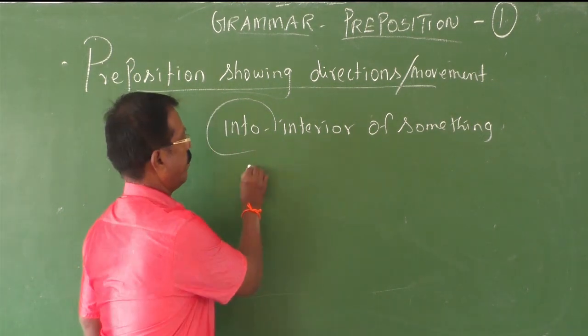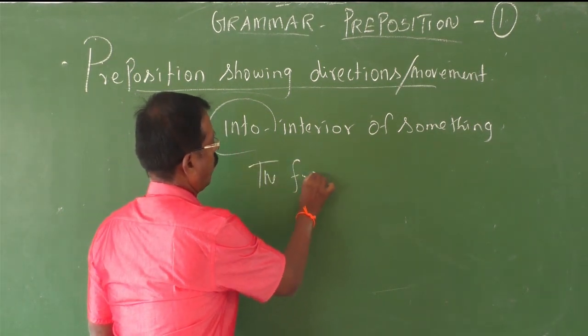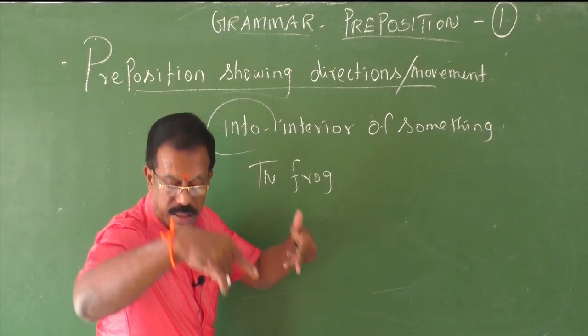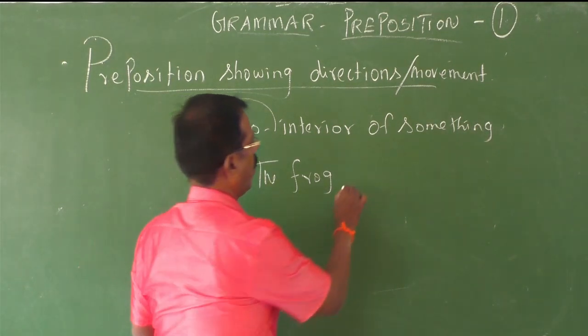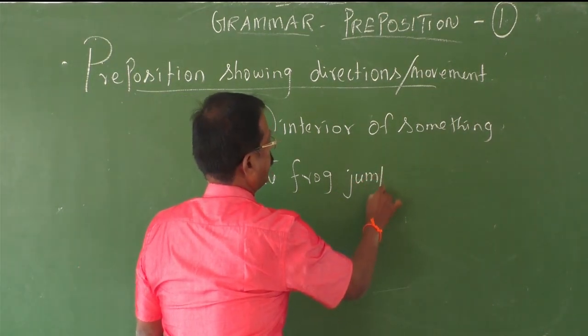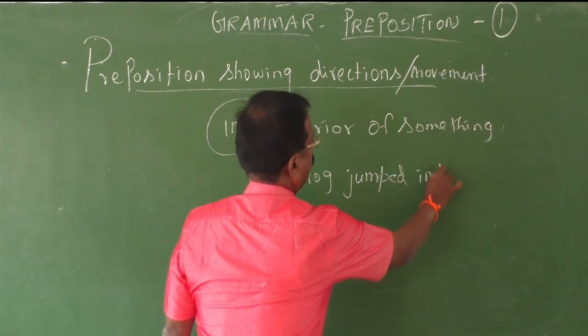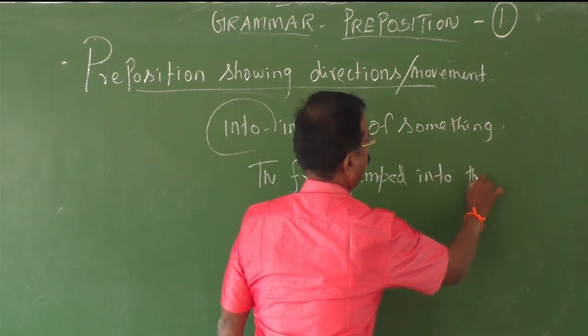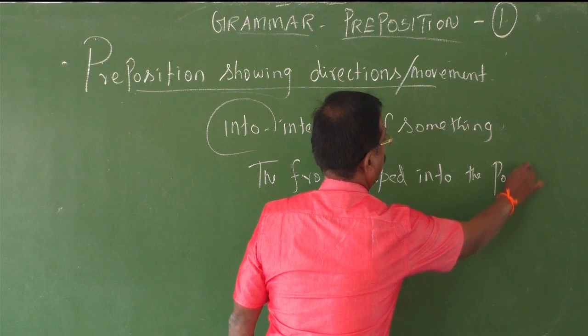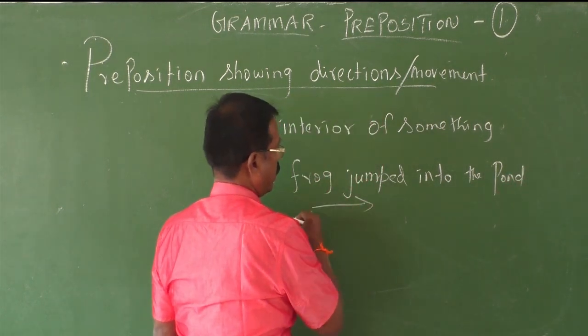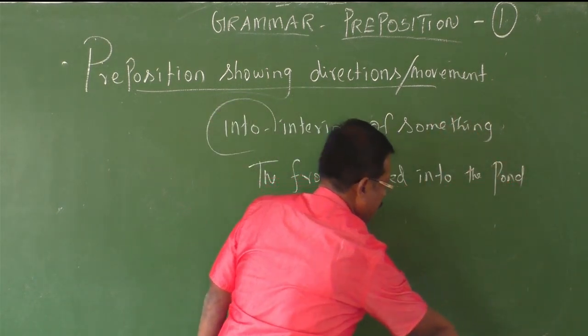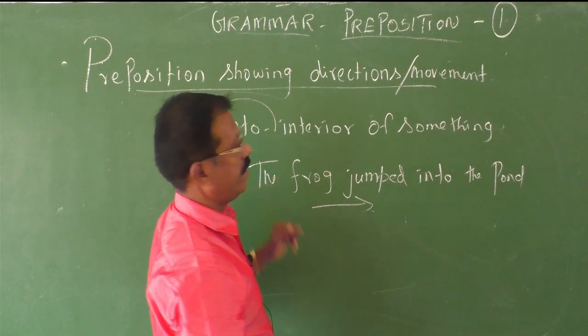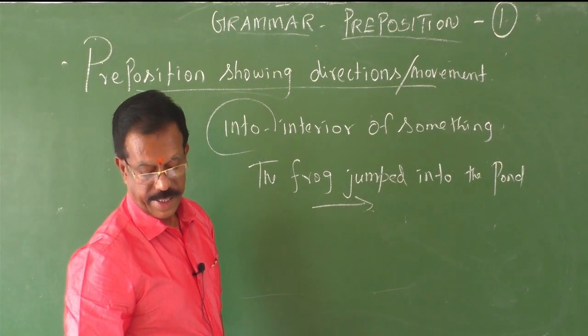Let me write the example. The frog jumped into the pond. So here the movement refers to the interior of something, that is into. Okay. Next,